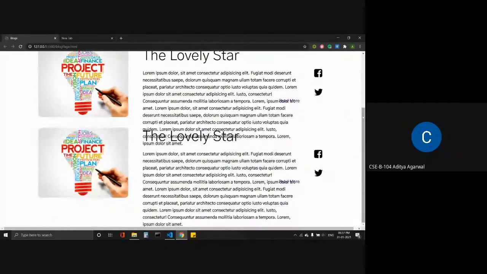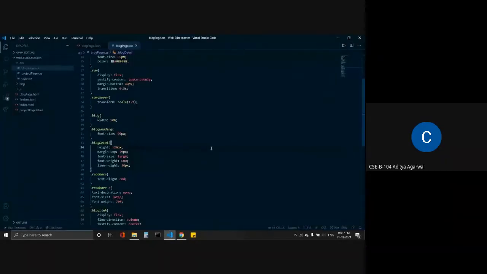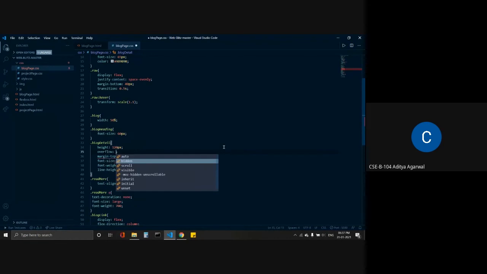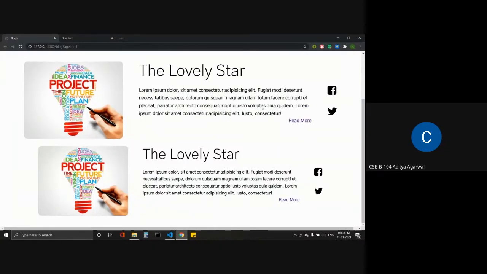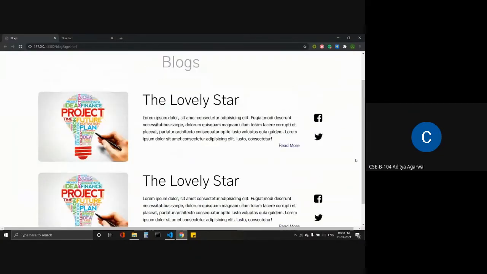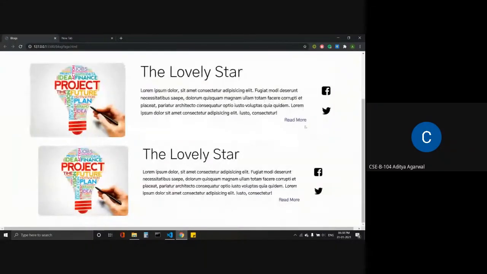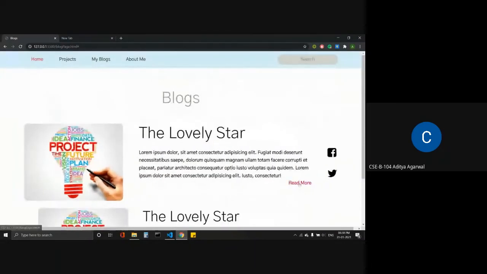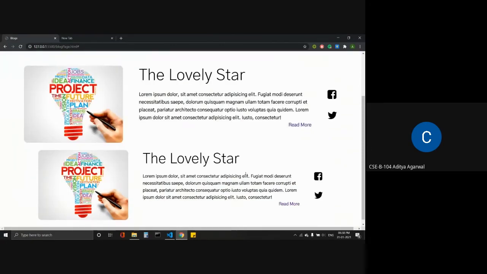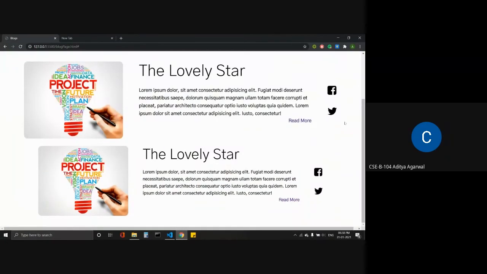To fix that, we can use another CSS property, that is overflow, and we can keep it as hidden. Now it looks clean. But the read more button is not working. The read more should expand this article and we should see the whole article that we have written.